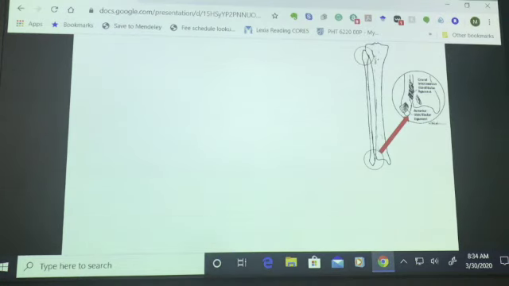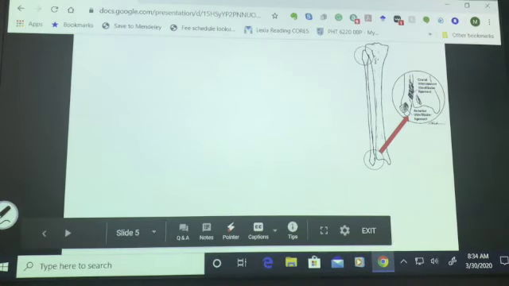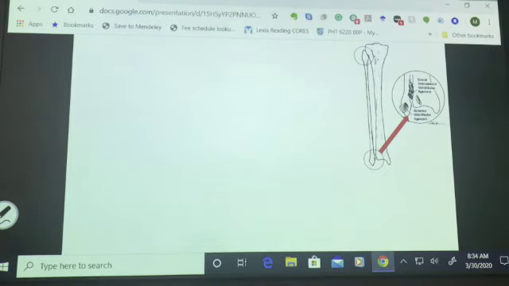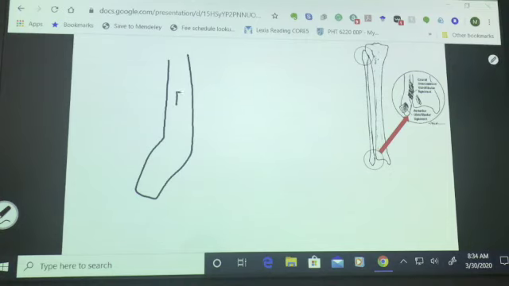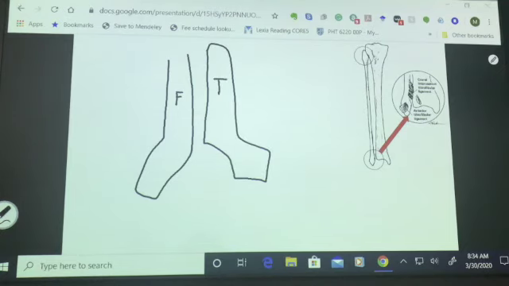So last concept here. What I want to look at here is, and you guys have probably noticed this from watching sports or seeing it in the news, or even maybe you have experience with this, the concept of a high ankle sprain. So when we're looking at a high ankle sprain, we're looking at a different type of ankle sprain. So we're going to call this my fibula, this my tibia. So when we're looking at a high ankle sprain, the ligaments that we're going to look at here